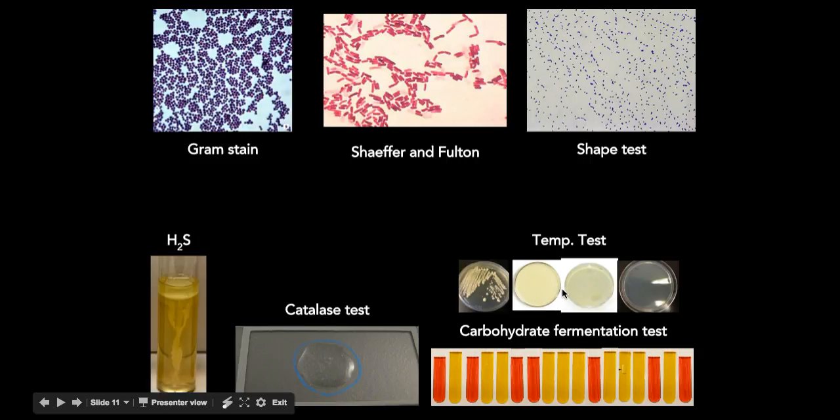And that was important, so you can identify ideal growth temperature. And then it does not reduce sulfur-containing compounds in the H2S. You would have seen black here. So in the end, we found it out to be Phagococcus unknown species, and we renamed it to be Phagococcus